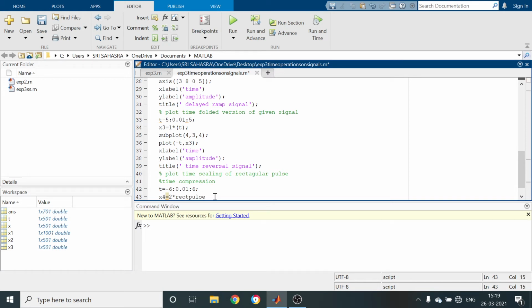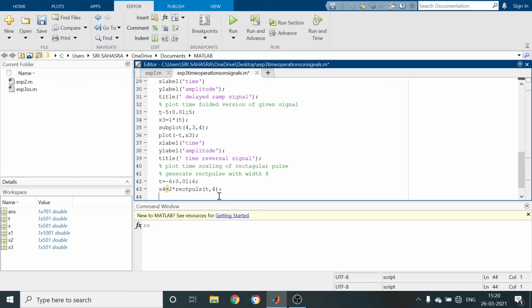This is a direct command used to generate a rectangular pulse with t comma 4. When we write t comma 4, it generates a rect pulse with width 4. So these are the commands to generate a rectangular pulse with width 4 units.